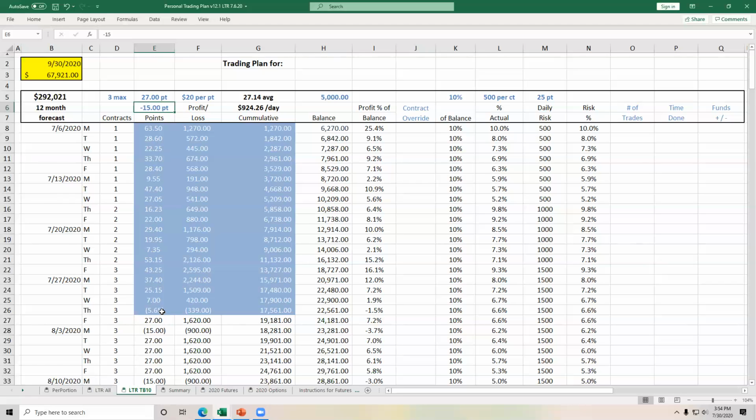In the first 4 weeks, almost 4 weeks, we only have one losing day, and that's a loss of $339 on 3 contracts. So we're well under our planned losses for the course of a year. So I'm going to leave that alone because I think that there are going to be other losing days, and we want our future forecast to be realistic. So based on actual of just over 27 points a day, based on a forecast of 27 points for the remainder of the 12 months, and based on 15 points of loss 1 day a week, and then limiting our maximum number of contracts to just 3, our income currently for 12 months is projected to be just over